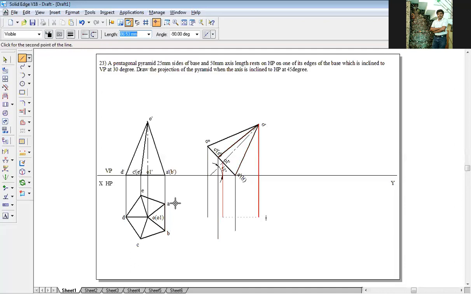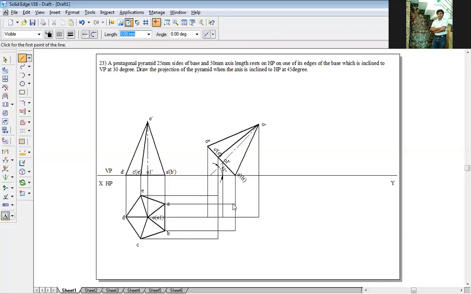A and B points. A point over here, B point over here, and last O1 point, O point exactly. This is point A up to here, point B up to here, and point C up to here.